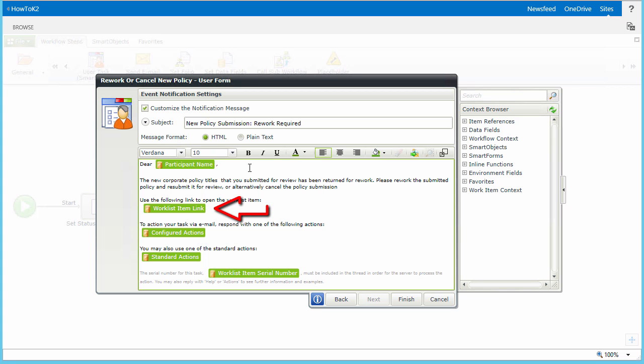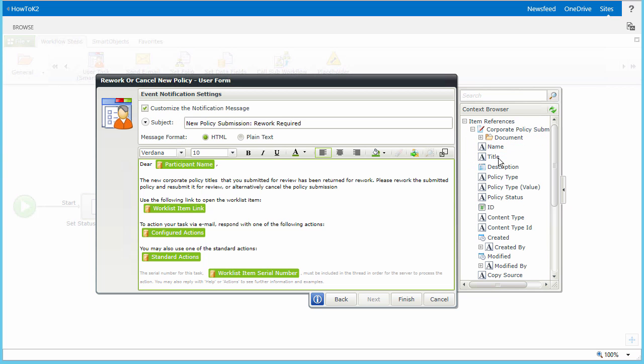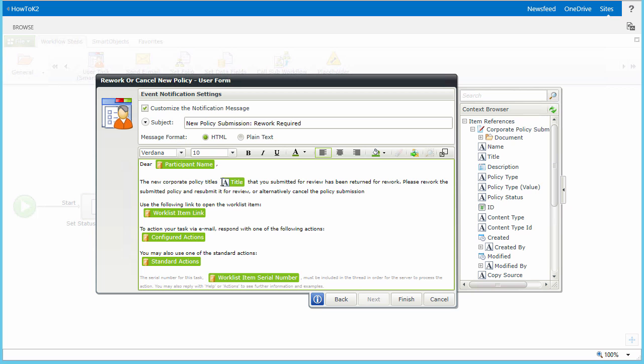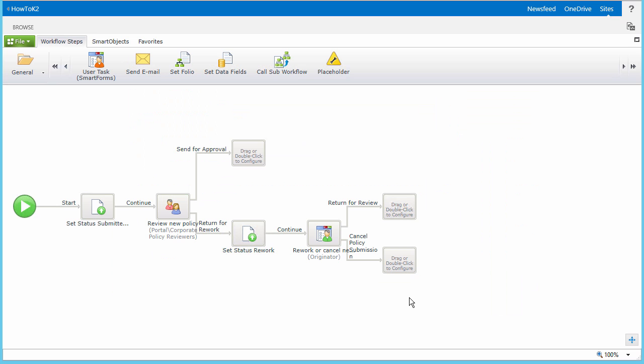Let's leave the work list item link in the email so that the user can actually open the task form for the task directly from the email this time. And real quickly, before moving on, I'm going to drop the document's title field from the item reference in the context browser so that the body of the message makes more sense when it gets sent out. I'll just drop it here in the space that I left in the body of the message. If you're following along with me, click Finish when you're ready to move on to adding the next Update Document